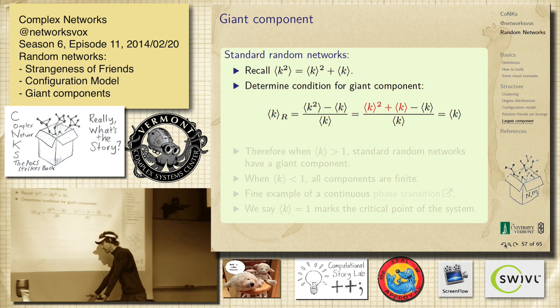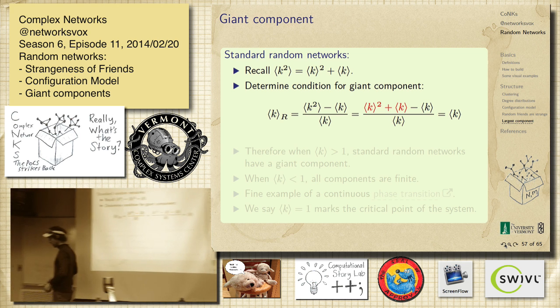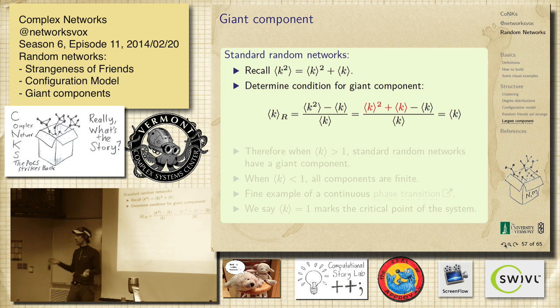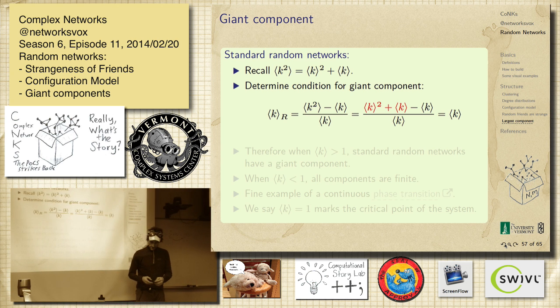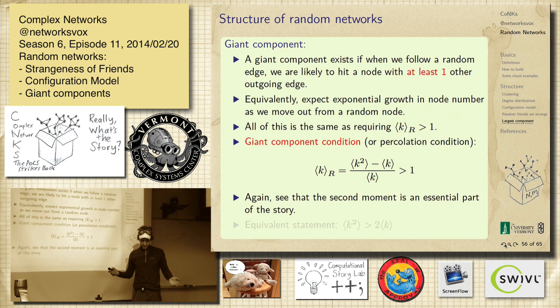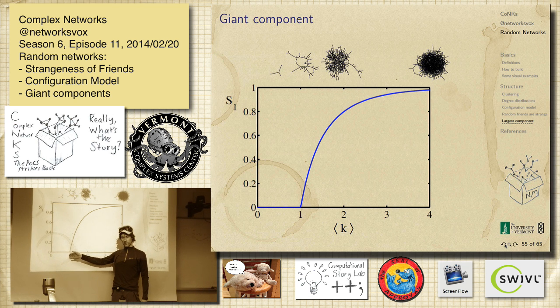Okay, I have a Poisson degree distribution. It's a random network, and it has an average degree of 1.1. Well, that has a giant component, because the criterion was whether or not this is greater than 1. And that's exactly this result, this picture. That's why this picture looks like this. 1 is the bit. So we've analytically determined why that is true.